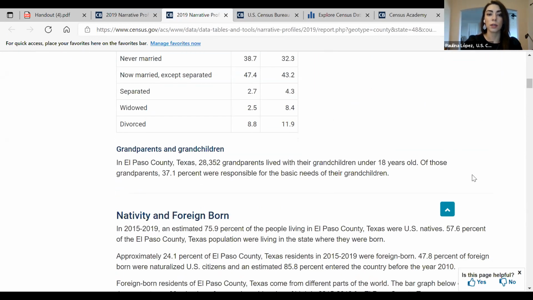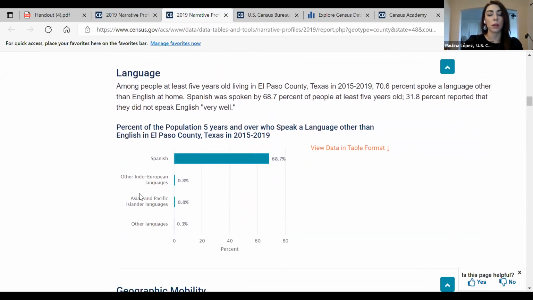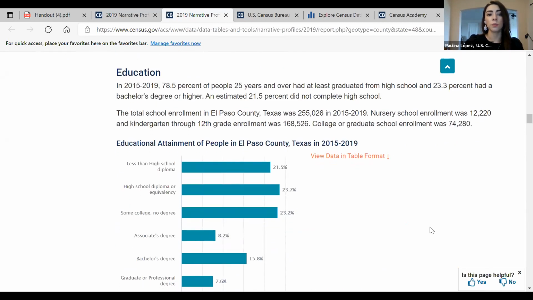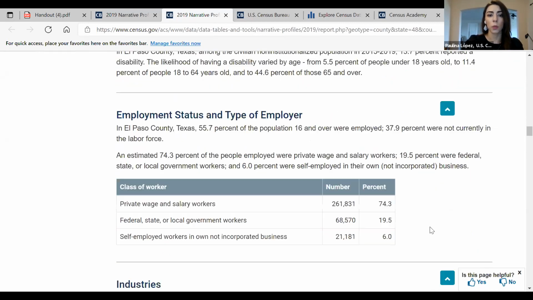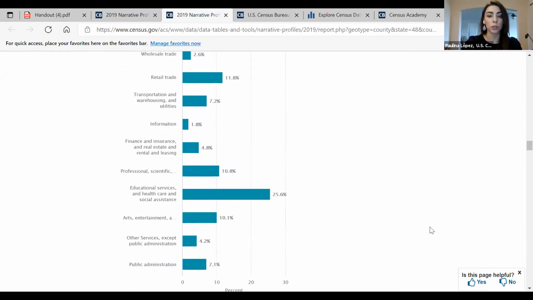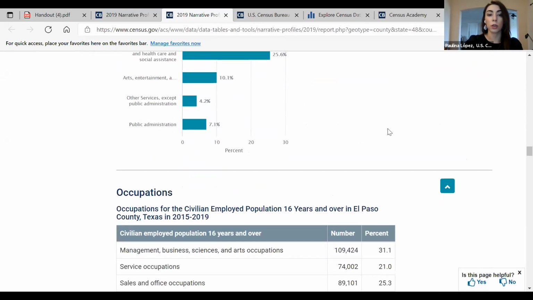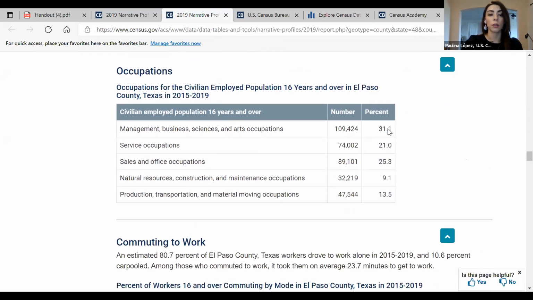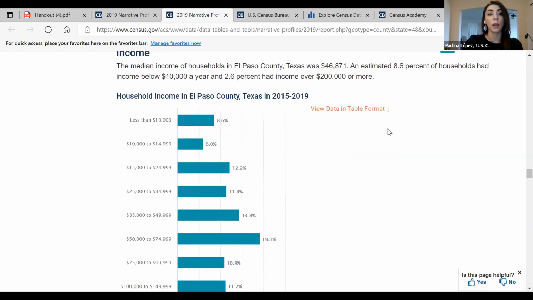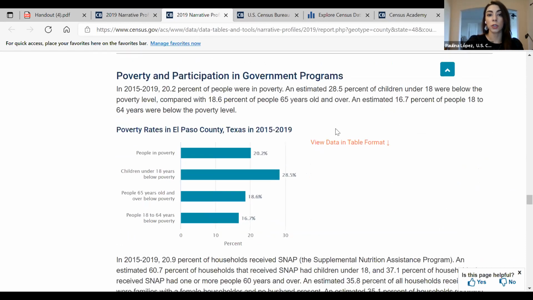So what's the marital status, nativity and foreign born, languages, and it gives you again the charts, geographic mobility, and I know many work with particular industries working on outreach campaigns. So this would give you information of which employers you can reach for to increase your outreach. What are the commuting patterns to work, income distribution, poverty and participation in government programs.